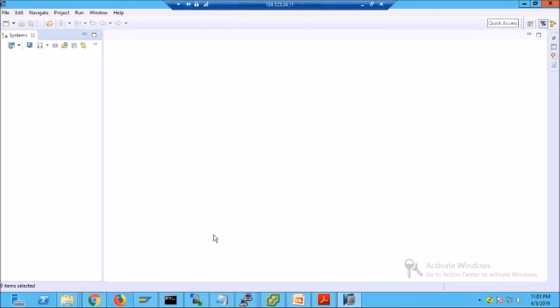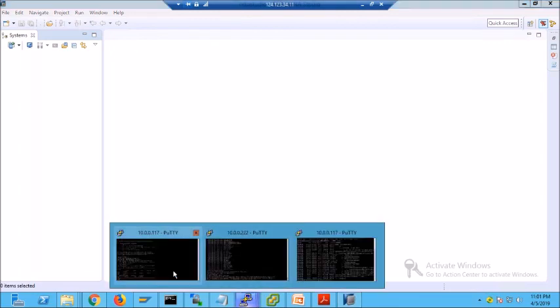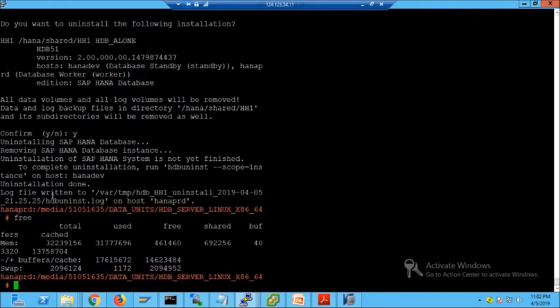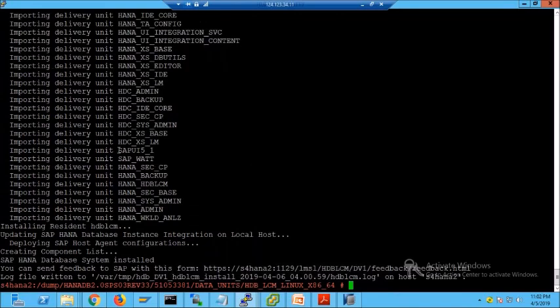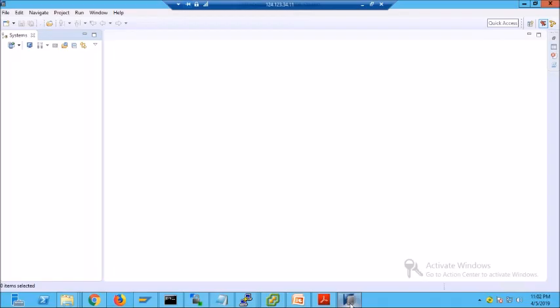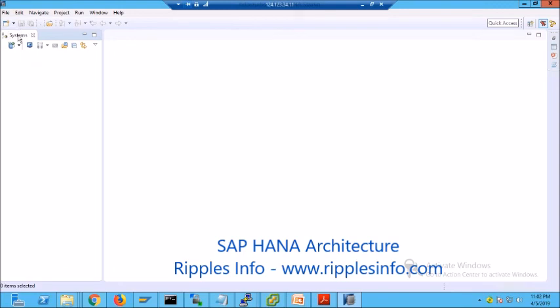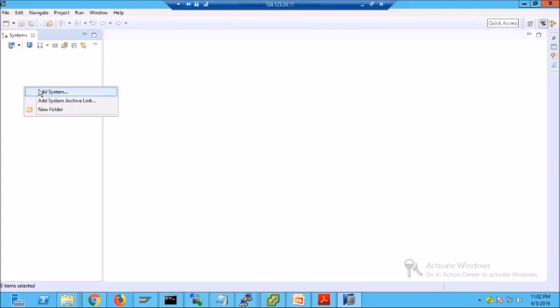I have a single container database on one host here, and the multi-container database which we installed now. So let us see how we can connect to those two databases. To do this, in HANA Studio on the left side, you can see something called Systems View. There you can just click on the Add System button. Otherwise, in this area, you can go to the context menu, click